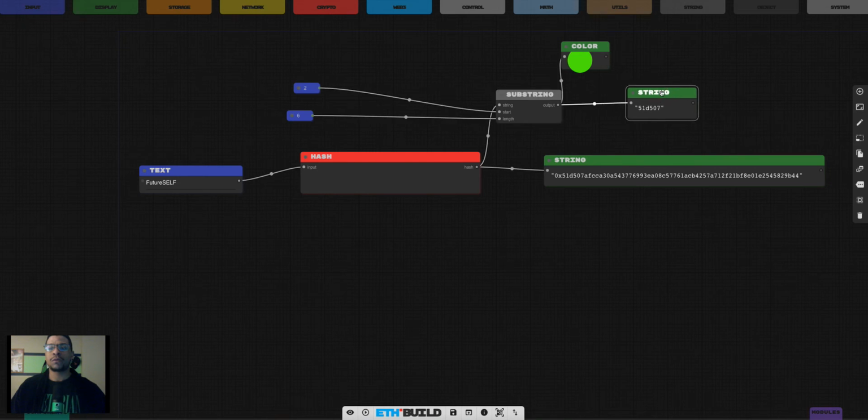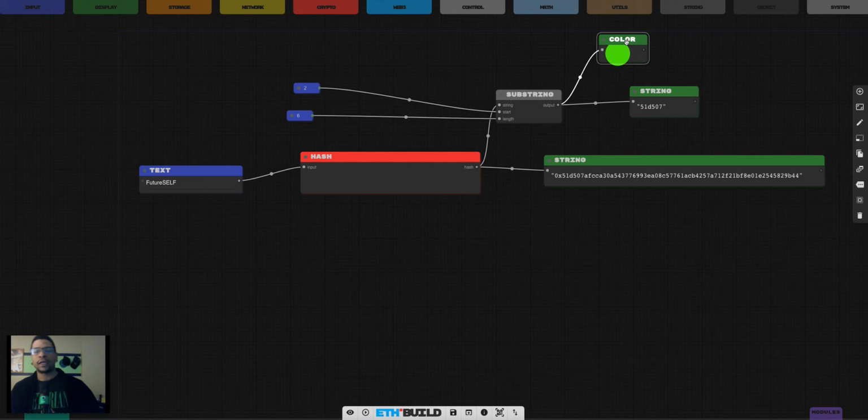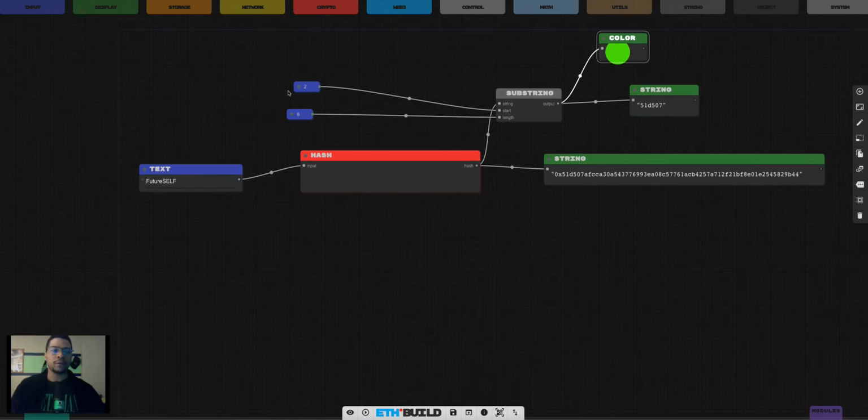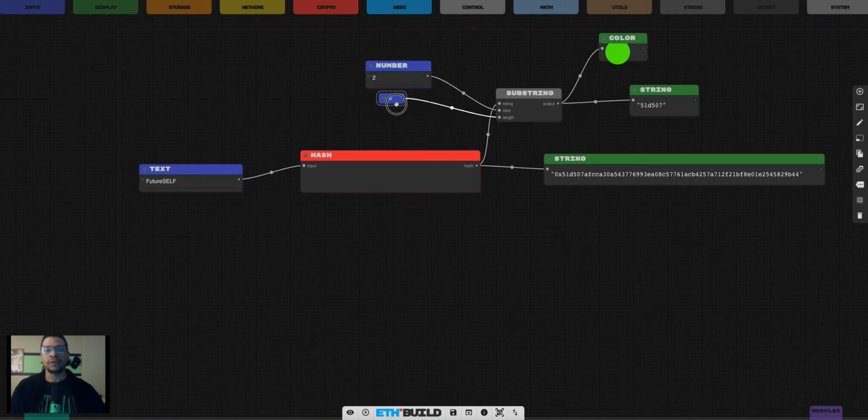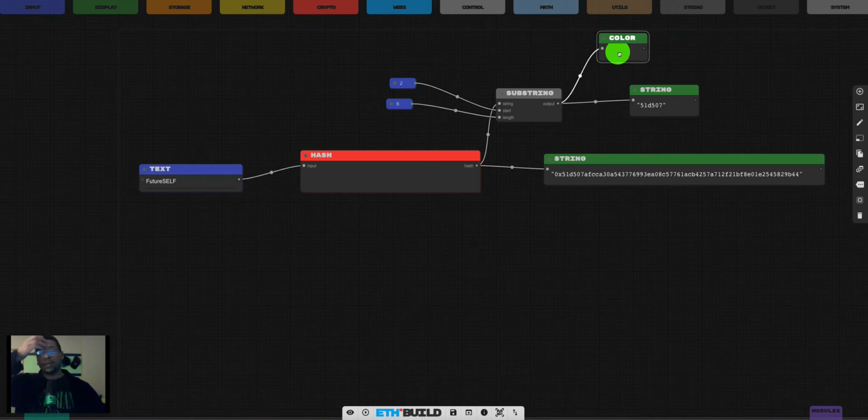So this is an example of the hash function and the substring, and then we're going to pull in the length, which is the 6, and the start of our substring, the 2. So 2 places here after the 0x, and the color also signifies the output as well,